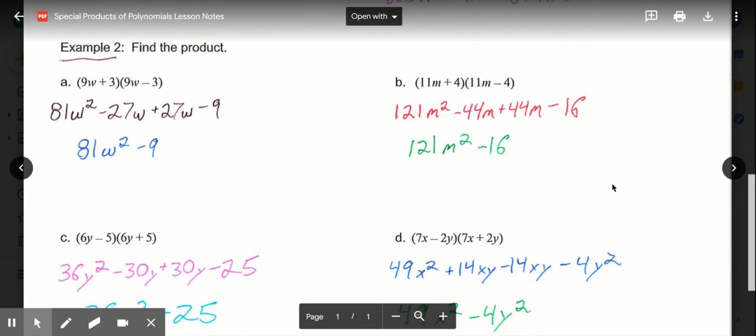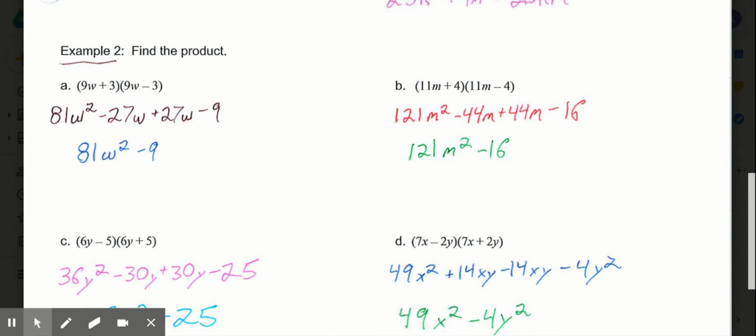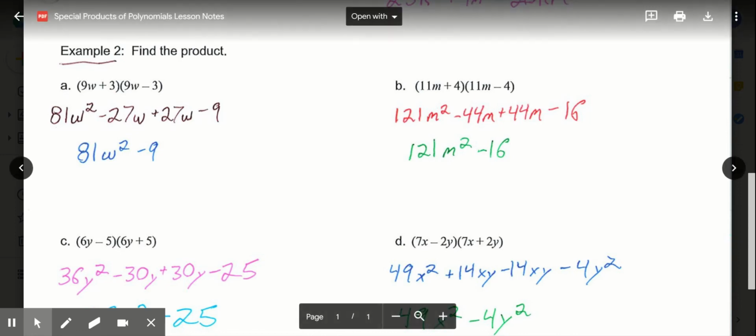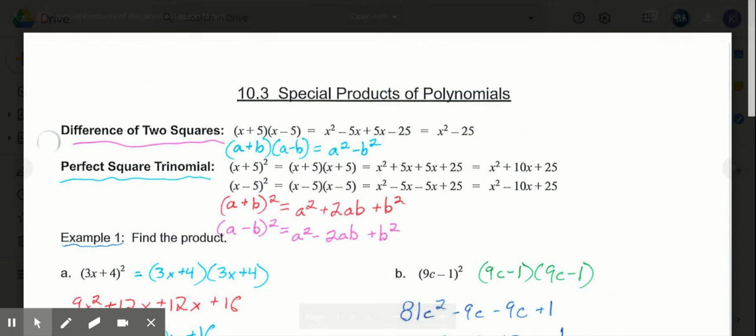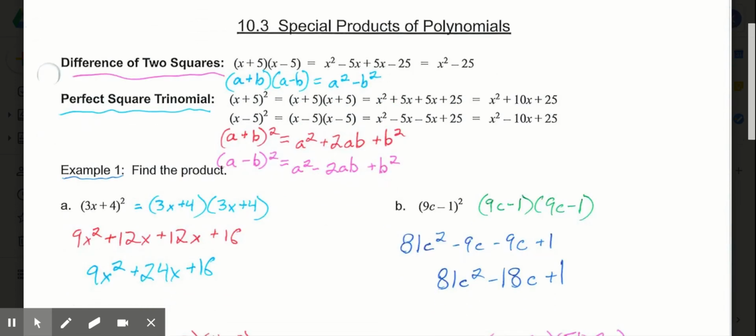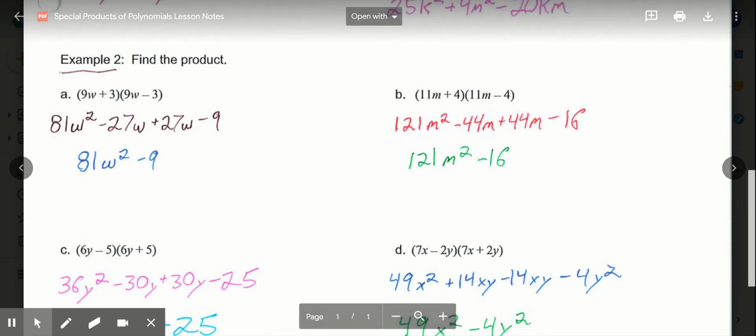Now in example 2 here, you'll see we're dealing with the difference of two squares. So it's a 9w plus 3 times a 9w minus 3. Or like here, 11m plus 4 times 11m minus 4. So they're the same binomials, just different signs in between. So if I want to use FOIL, I can, or I'm going to keep in mind this piece here, a squared minus b squared. So if I have the difference of two squares, the middle step you can see is FOIL,